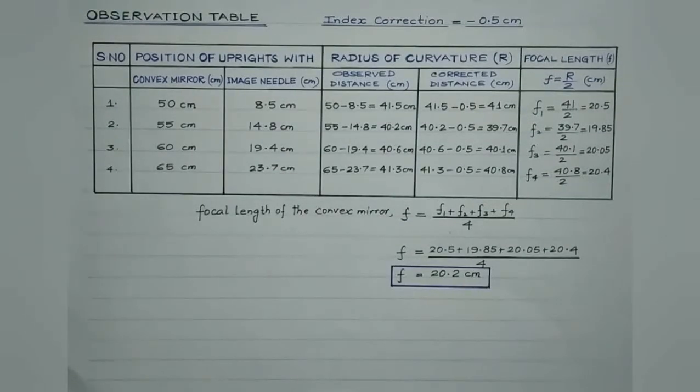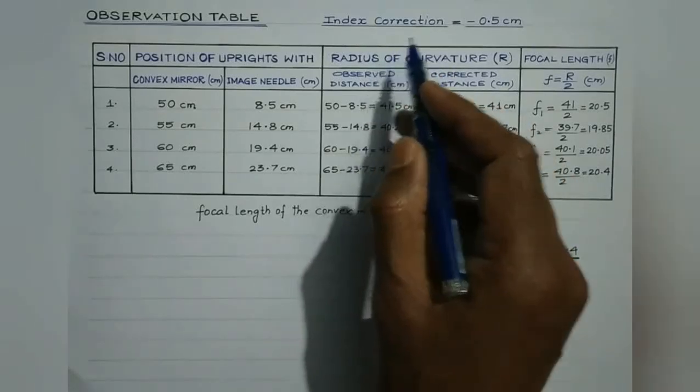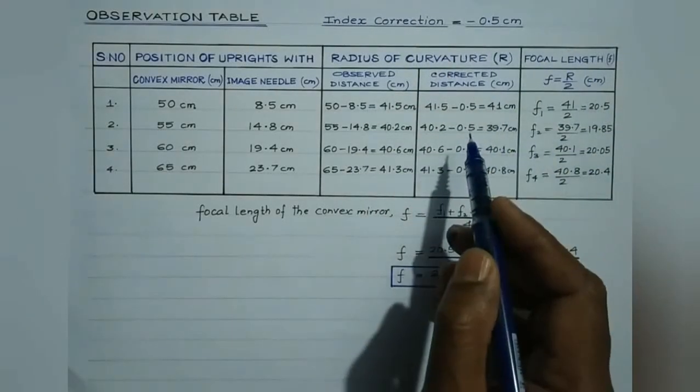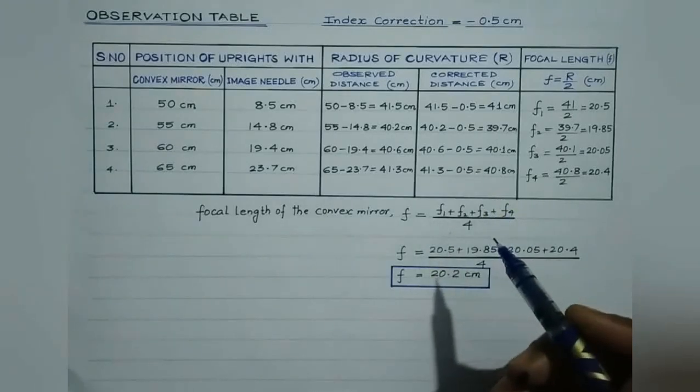While performing this experiment, there are several precautions which need to be taken care of. One is the tips of the optical needles, center of convex lens and the center of the convex mirror should all lie in one line. The second precaution is the parallax should be removed from tip to tip. It should be tip to tip coincidence. And students, most importantly, the object needle and the convex lens should not be disturbed while removing the convex mirror. And obviously, the index correction should be applied to the observed radius of curvature of the convex mirror, right?